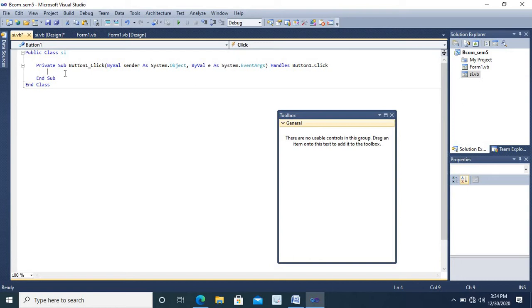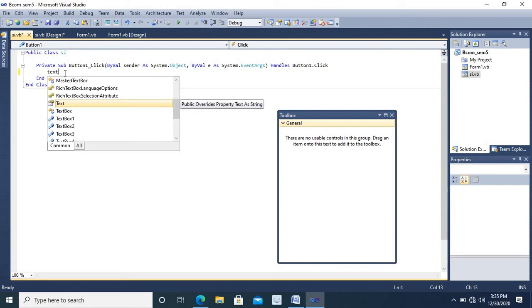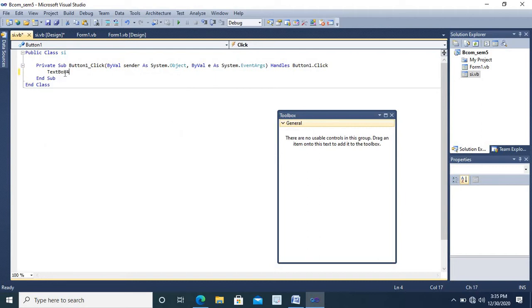The formula to calculate simple interest is P into T into R divided by 100. So as we are going to display simple interest in the fourth text box,